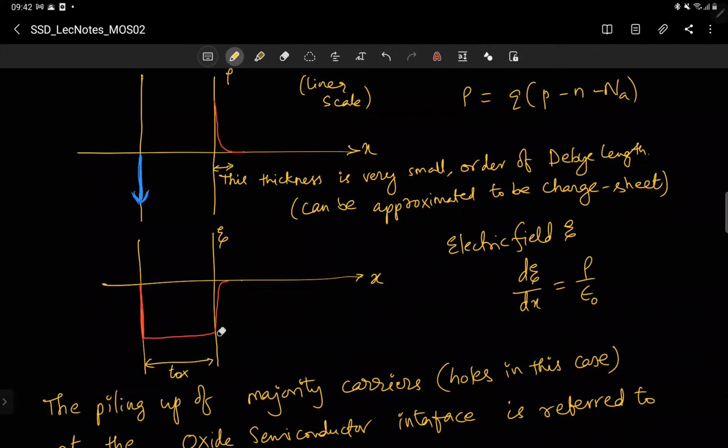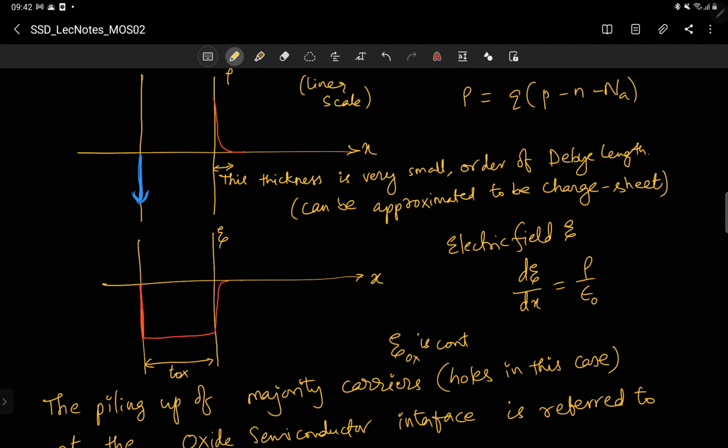This is the neutral region, so the electric field is 0. When charge starts building up, the electric field starts, and it keeps getting added because the charge is increasing. It is in the negative direction, so it comes down like this, and it stays constant here because